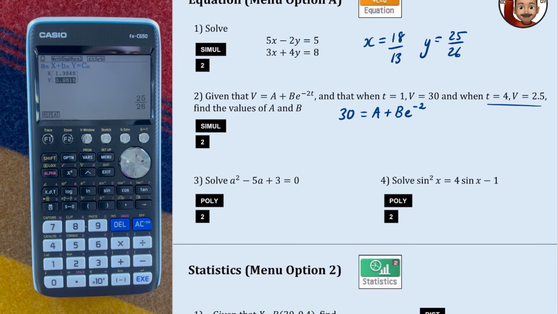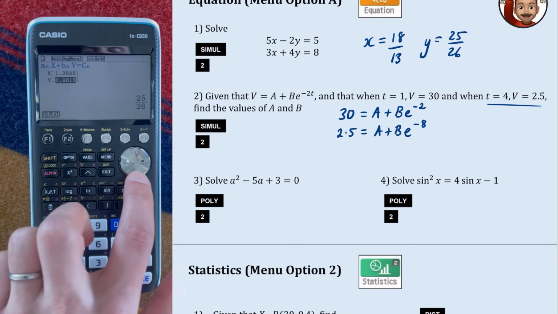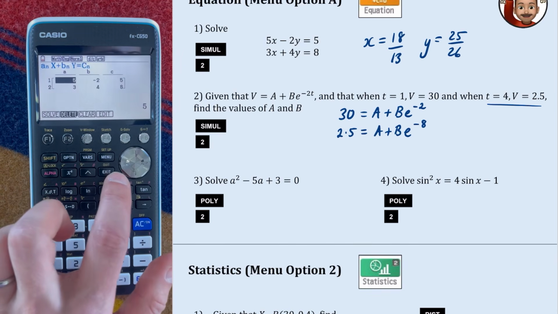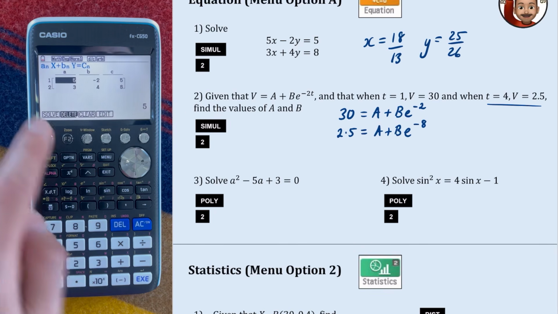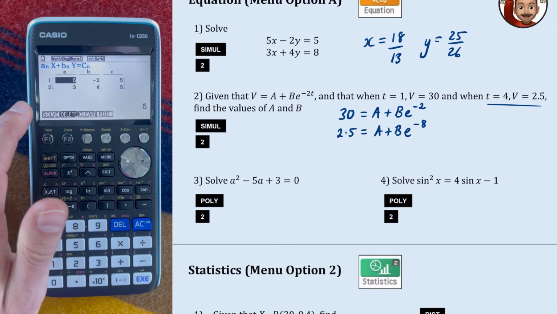And then we have when t is 4, v is 2.5. So I get 2.5 is equal to a plus b e to the -2 times 4, which is just -8. Now, this might not be obvious, but this is also just a simultaneous equation, and it's a linear simultaneous equation because this is just a number and this is just a number, and the coefficient of a is just 1 here. So for this first equation, although it says x and y, I'm going to pretend that it's a and